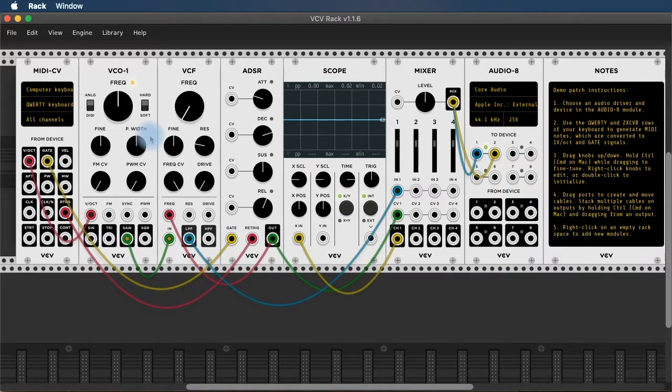And if you're a musician and you understand the difference between a diatonic scale and a chromatic scale, note that you can play the chromatic scale by diagonally skipping to the chromatic notes just as they're laid out on a piano. So the first five chromatic notes would be Z, S, X, D, C,